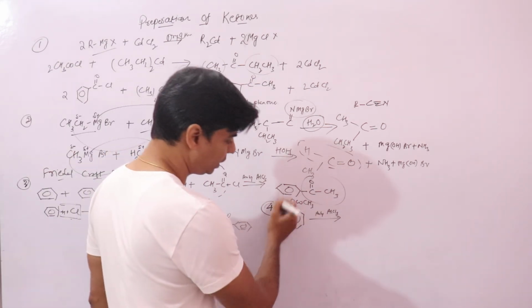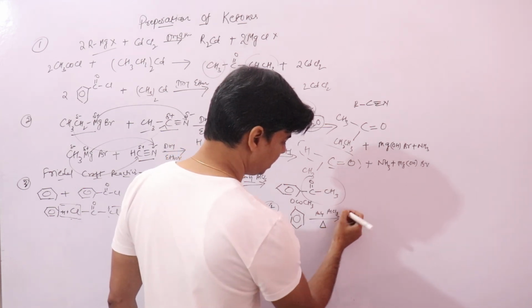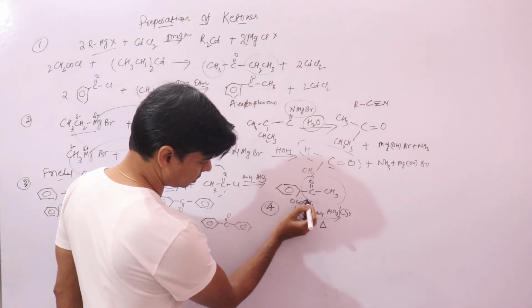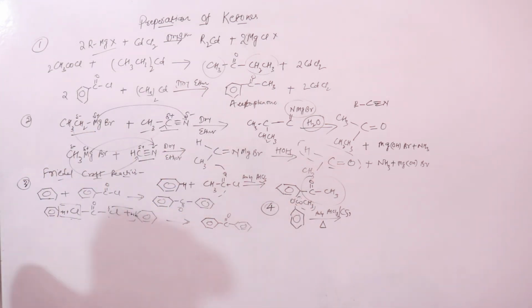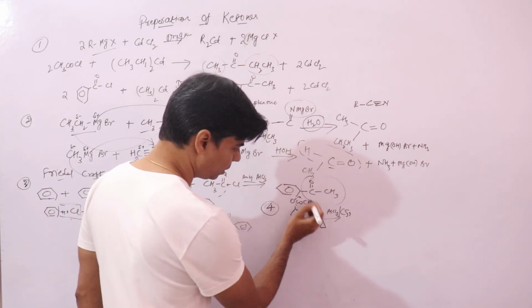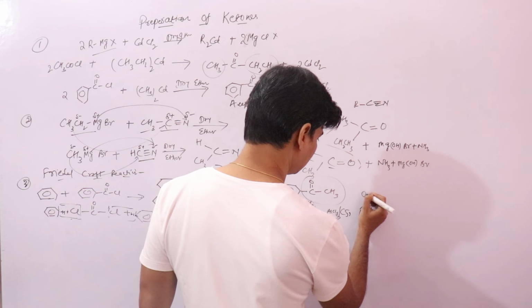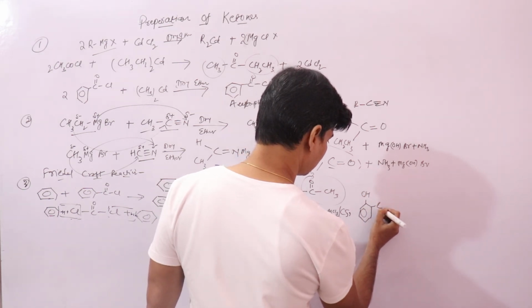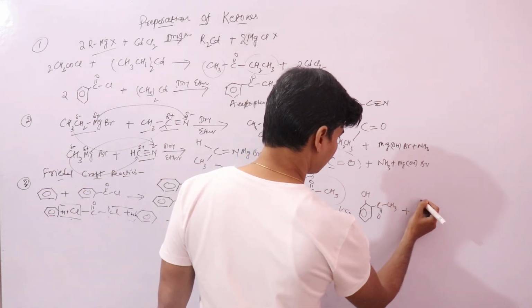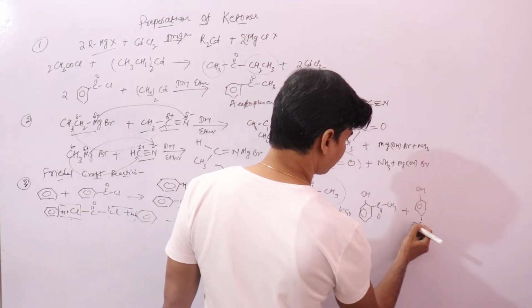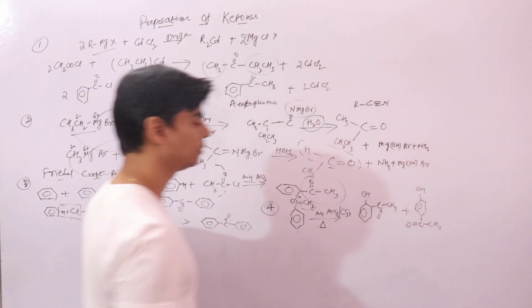When you heat this phenyl ester with anhydrous aluminium chloride in carbon disulfide, what you will get is this group, the acetyl group, the acyl group, this CH3CO group will migrate to ortho and para positions, like this. These are ketones. These are phenyl esters,